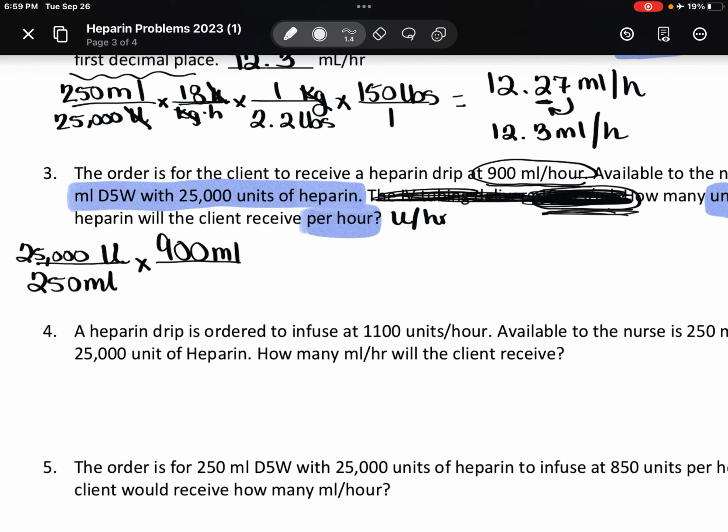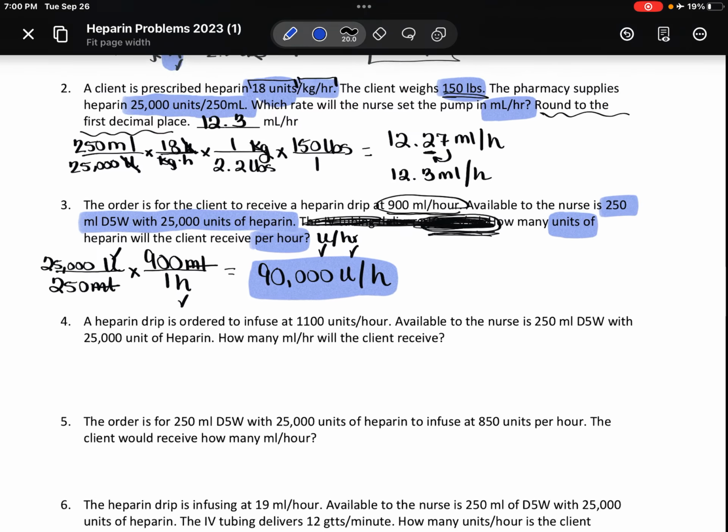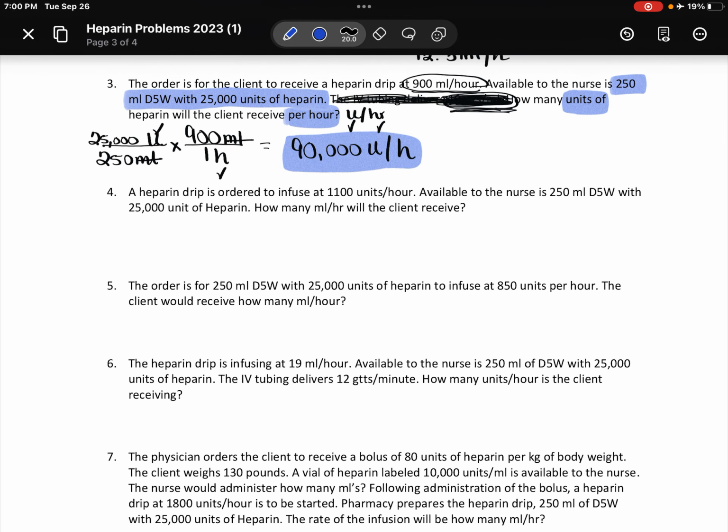Put my 900 on top and my 1 hour on bottom. My milliliters cancel out, and I'm left with units per hour. Which is exactly what I need. So I'm going to do my math. 25,000, I'm going to times that by 900. Gives you a big old number. You just divide that by 250. That gives me 90,000 units per hour. And that right there is your answer. That's how you get it. So let's move